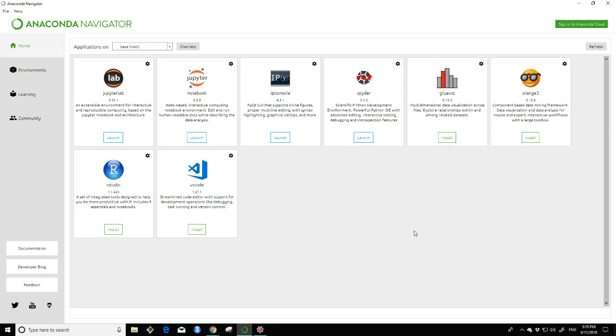Here is Navigator. You can see we already installed JupyterLab, IPython console, and Spyder. Spyder is also one of the top Python IDEs. I use it a lot for Python. I normally use Spyder to write my code. But comparing the Jupyter Notebook and Spyder,